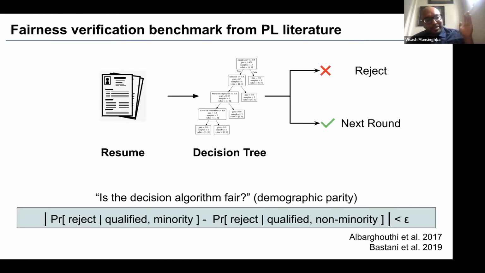So one thing that one can do as this capability becomes more widespread is start to leverage the tractability of the underlying models to provide rigorous answers to really important questions. So for example, fairness verification of machine learning algorithms applied to that data. So there's a well-known challenge, which is that